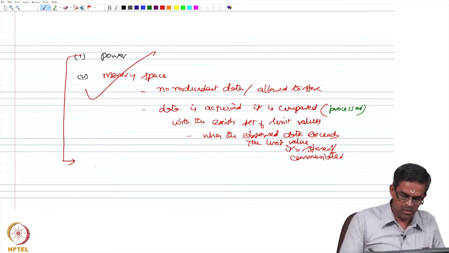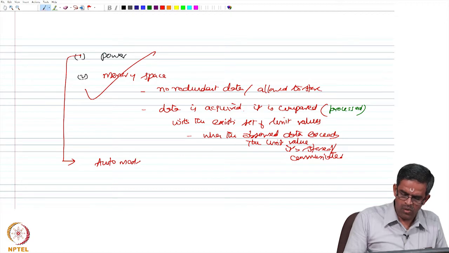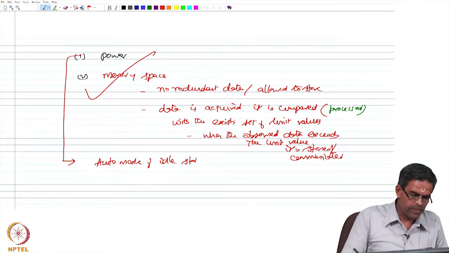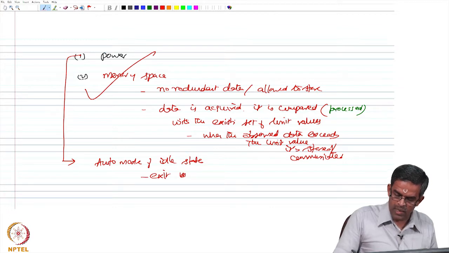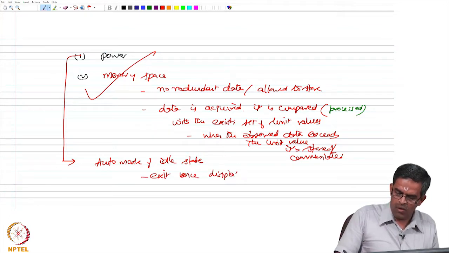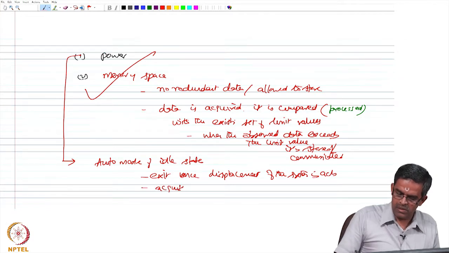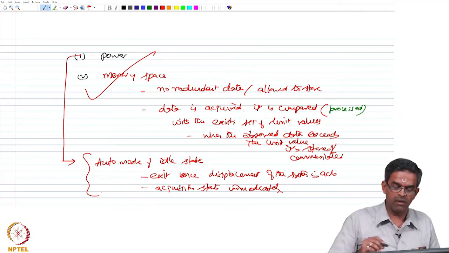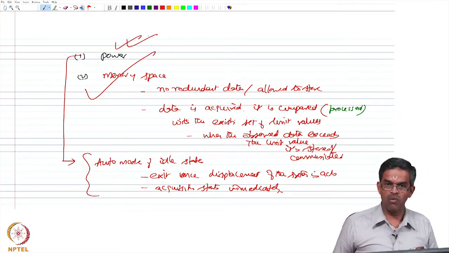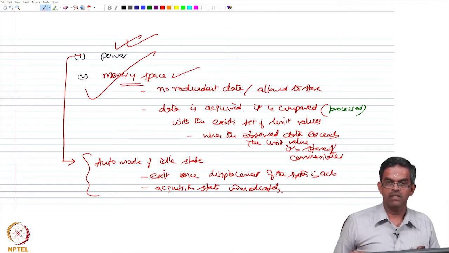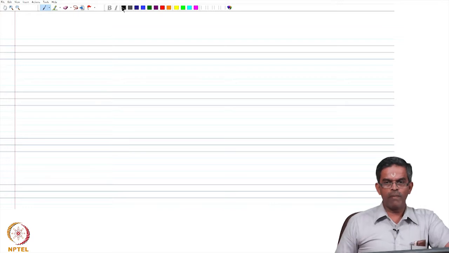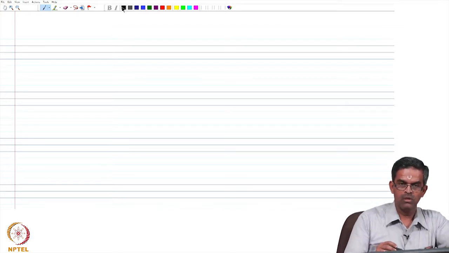One need to operate on auto mode of idle state. This will exit once the displacement of the system is active and acquisition starts immediately. So, by this logic and design we can achieve the power saving to the sensors, and can also avoid overflow of memory space in the sensors. Let us go a little bit back to the threshold values which are used for activating the